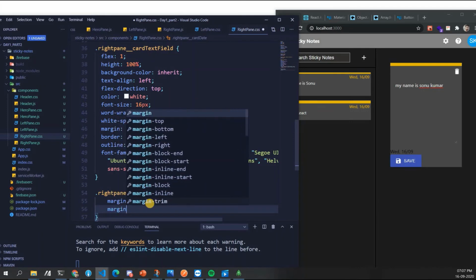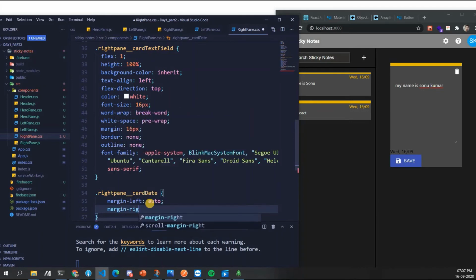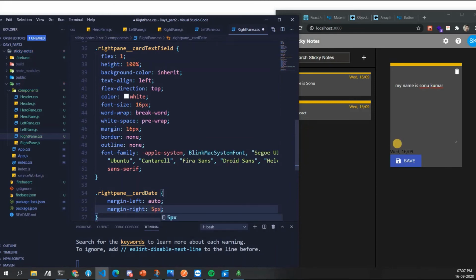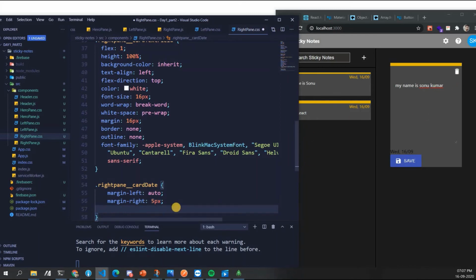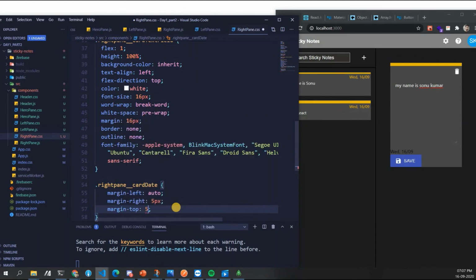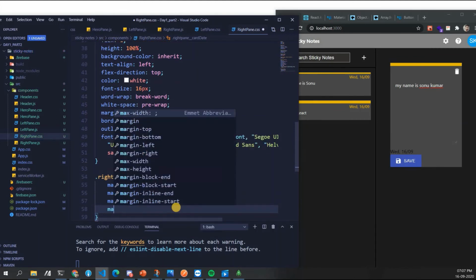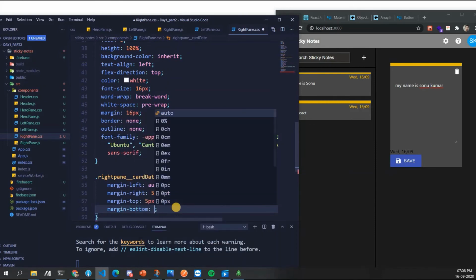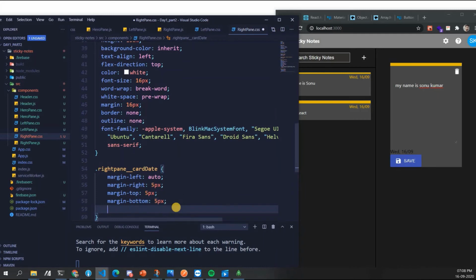Then margin right 5 pixel. So margin left auto will take this to here, but on the right we need a margin of 5 pixel, just like this. Margin top should be 5 pixel, and then margin bottom should be 5 pixel.